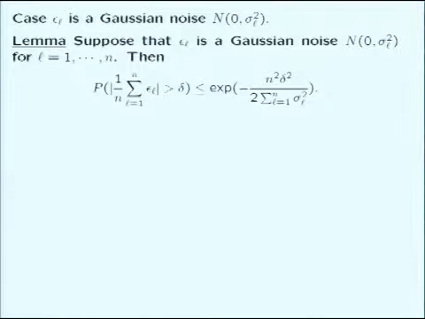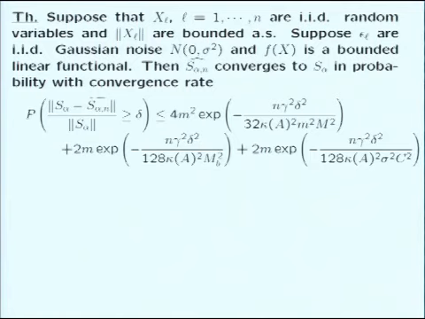Now I would like to thank Vladimir. When I was last year talking to you with my colleague, just a little trick about when you have a Gaussian noise, that you can use this little trick. And then you can apply the same machinery to the case where epsilon is a Gaussian noise, and then you have roughly the same type of convergence.